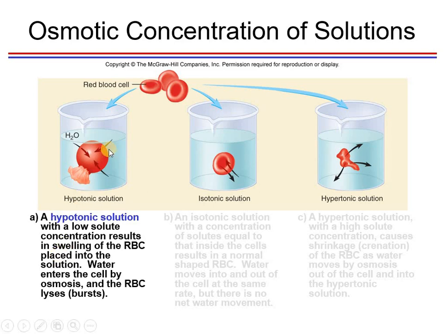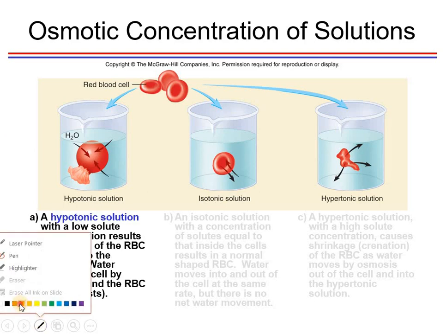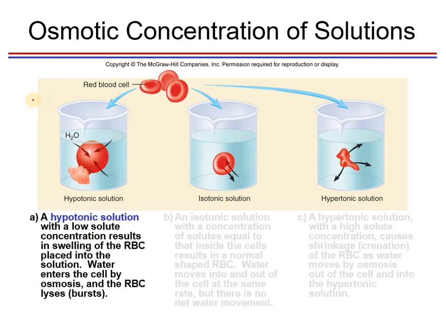Okay. So now let's go to the reaction of the cells sa iba't ibang solution sa osmosis. No? Osmotic concentration of solutions. So meron tayo dito, for example, sa animal cell, and for the plant cell, also. So, pag-usapan natin is yung kanilang magiging reaction. For example, in a hypotonic na solution, for the animal cell, ano yung mangyayari? Katulad neto, you have the RBC. Ano yung nangyari? Nag-burst siya.